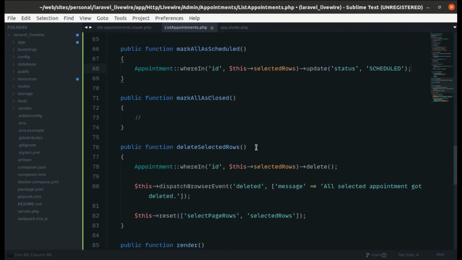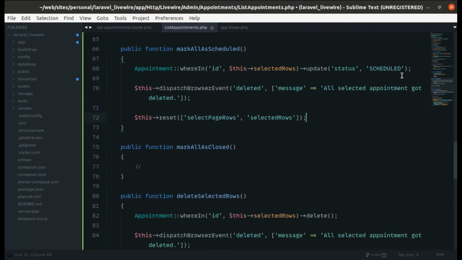Scheduled, and then we'll dispatch the browser event, and then we will reset that selected rows property as well as selected page rows as well. Okay, so over here let's do update it,